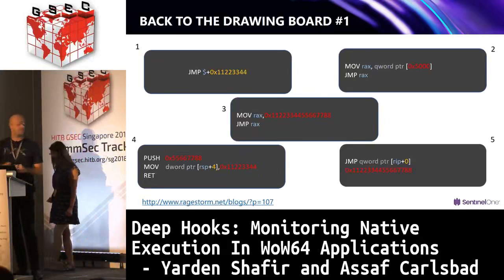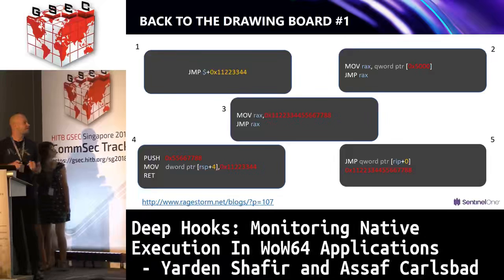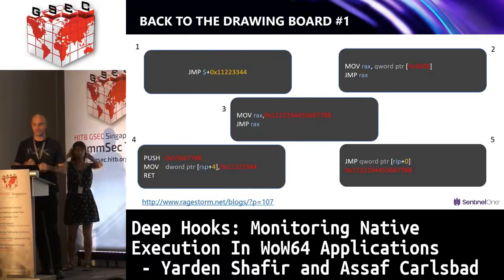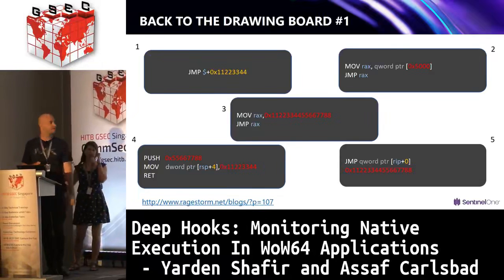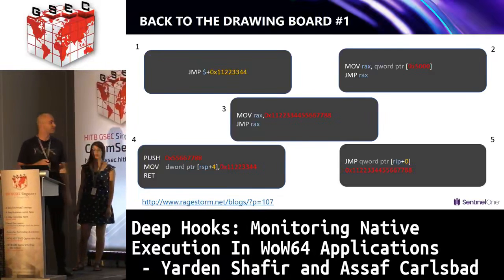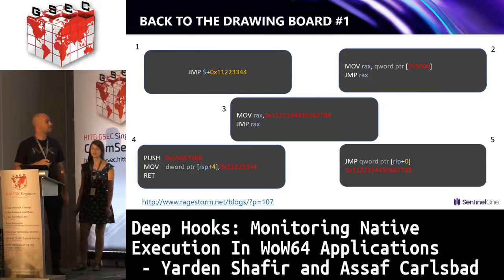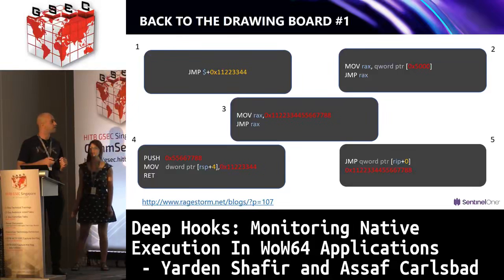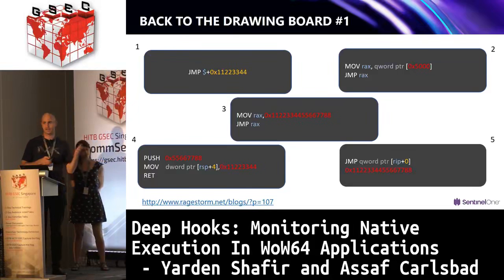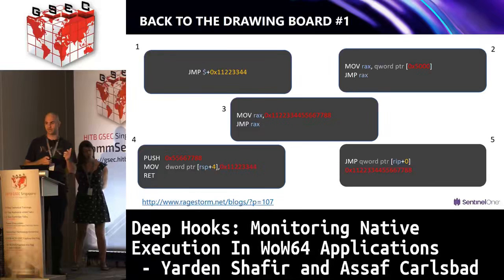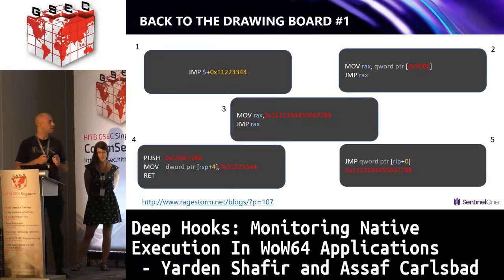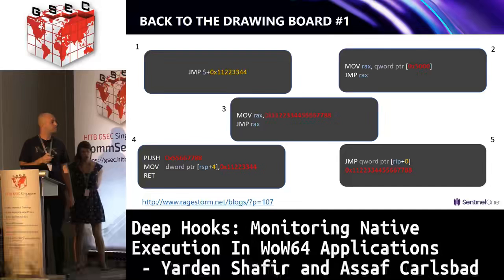Okay, so at this point, we compiled a list of some branching sequences which are valid on the x64 platform. So let's just go over them one by one and see what might fit our requirements and what not. The first option you can see here is actually the relative jump, which is already in use by most hooking engines. And like Erden said, this form of jump works on a DWORD size operand, meaning it can only pass a distance of up to 2 gigabytes in every direction. And like she said, the 2 gigabytes are simply not enough for our case,